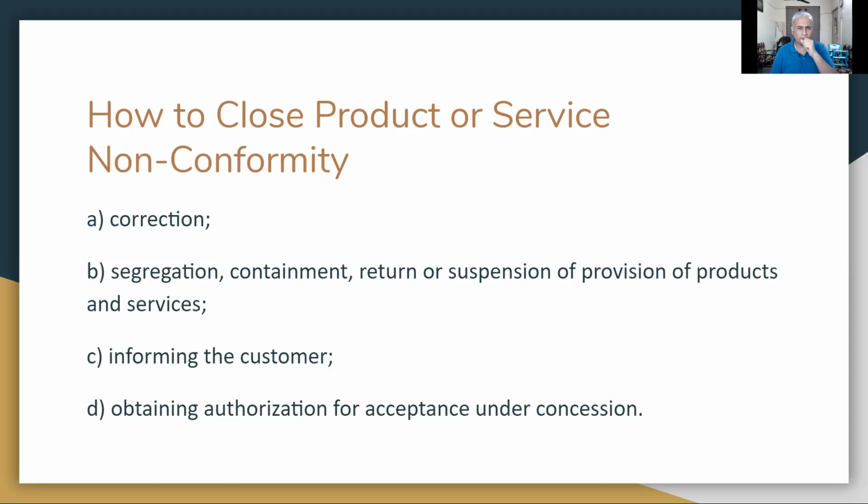But in many cases, the manufacturing place is small, and they may not have a dedicated store and a dedicated place for keeping non-conforming products. In that case, what we can do is find a place which is completely detached from all the other products. So you have to stack those products in such a way that it is visible to everyone, but away from the good products.